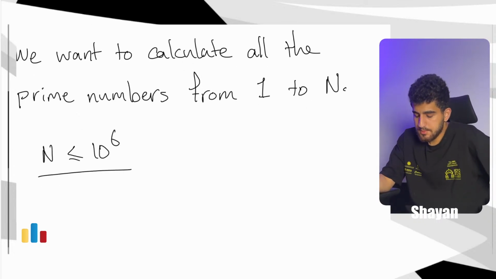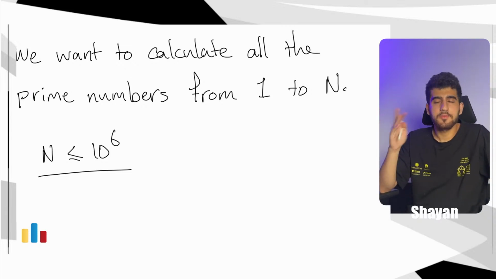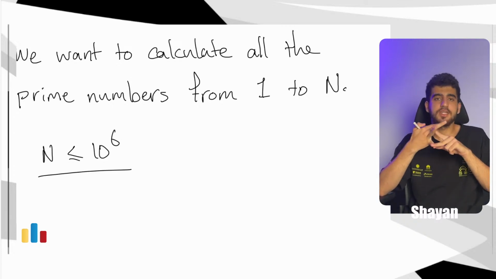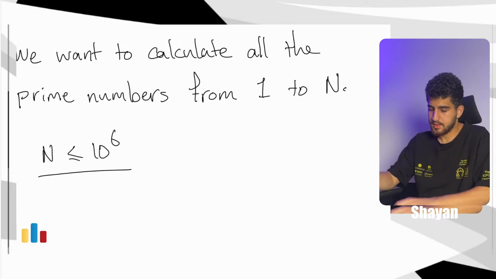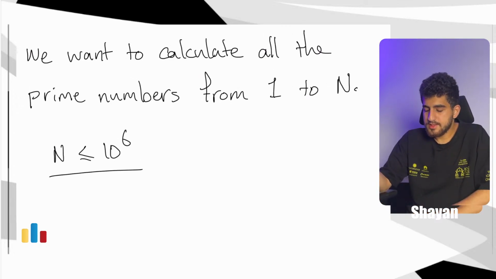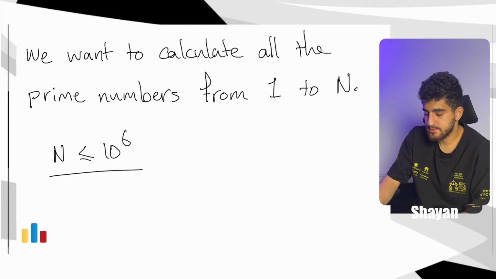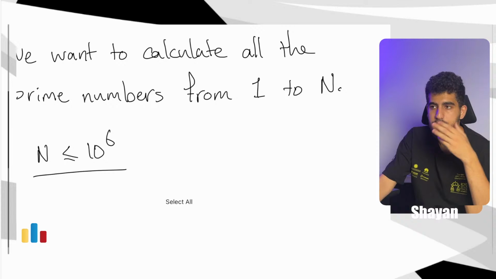And a prime number, with high probability you are familiar with prime numbers. A prime number is a number that only divides 1 and itself. So a prime number p is a number that only divides 1 and p itself. So how can we do this? Well, the main idea to calculate prime numbers, there are two ways that we can do this. The first thing that comes to mind, again, is to have a function to check if a number is prime. And how does that work?